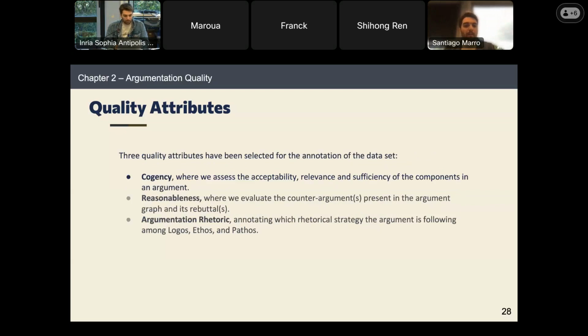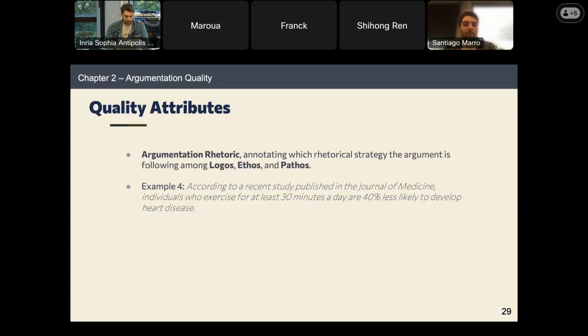Finally, the last dimension, the last quality attribute that we want to characterize is the argumentation rhetoric. For argumentation rhetoric, we refer to the rhetorical strategy that is being used in the argument, and we characterize them among logos, ethos, and pathos. So logos refers to when one appeals to logic, to studies, to statistics, in order to convince the reader.